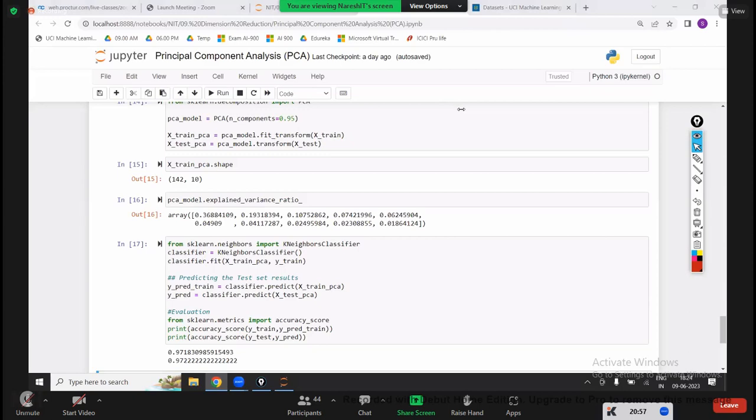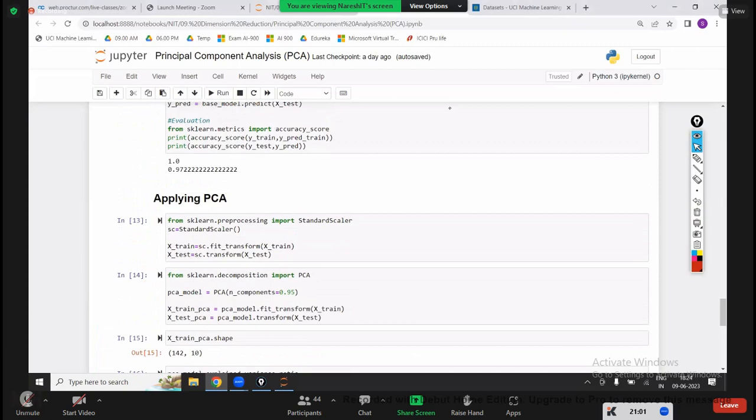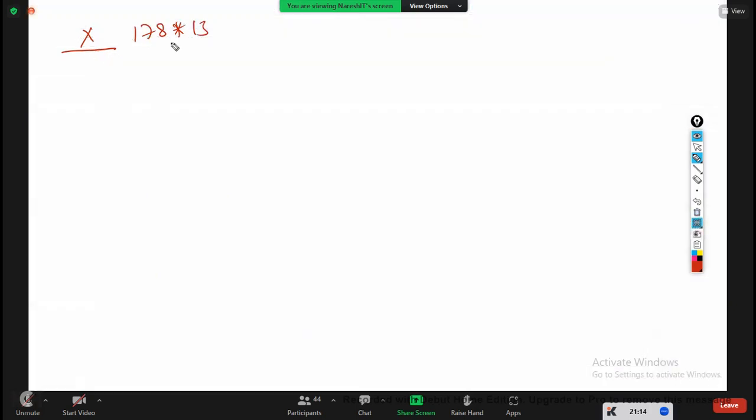Yes, CV also you have to check. Absolutely, you have to check the CV also. Just now I'm focusing on with PCA, without PCA. So the original X is 178 into 13 columns. Once again, I'm writing here. X is the given X variable. The given original X variable is 178 into 13 input variables, out of which it has been converted to X_train